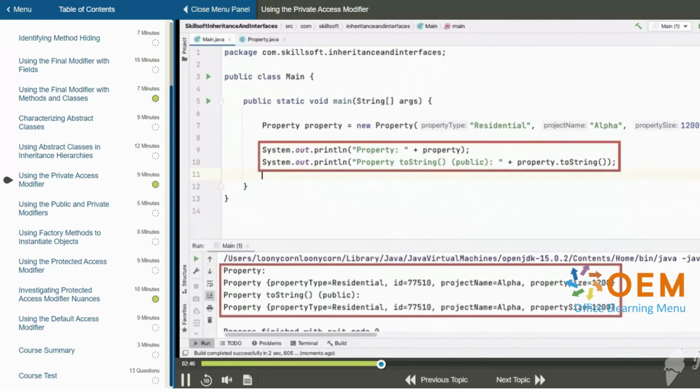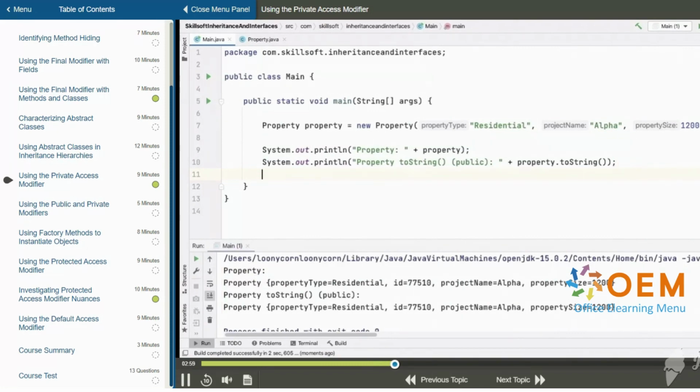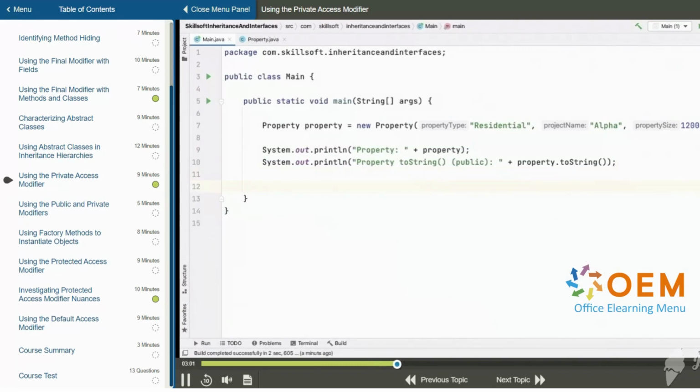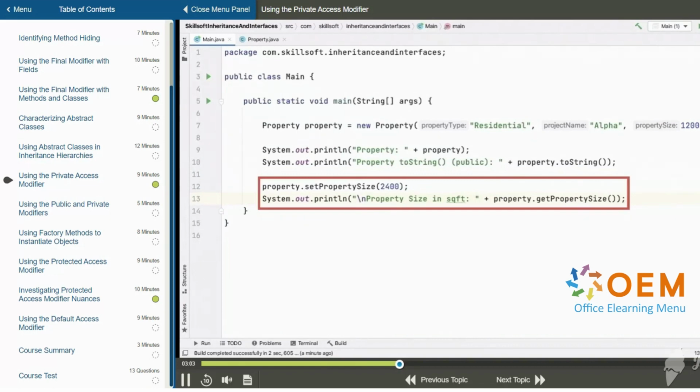We run our code and we can see down below that we do indeed have two invocations of the toString method on our property object. Both of them correctly report the property type, ID, project name, and property size. Next, we are going to try and access some more parts of the functionality in the property class. On lines 12 and 13, we invoke